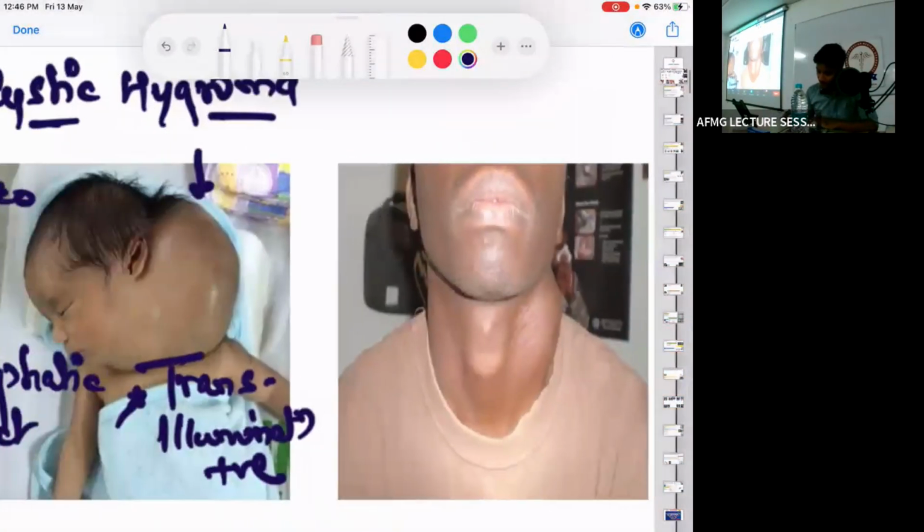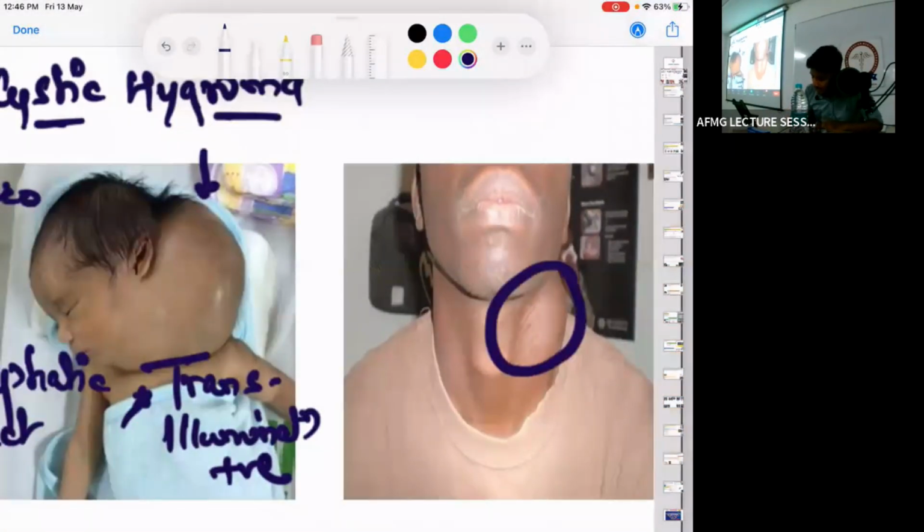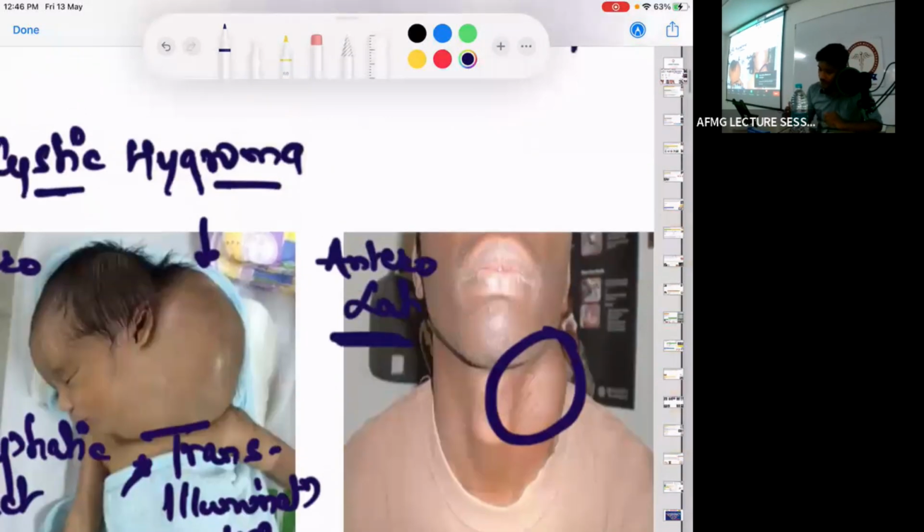Next, if I say this kind of a patient comes to me, but this time the neck swelling is not posterolateral, rather it is anterolateral. Anterolateral means on the anterior border of the sternocleidomastoid muscle. So anterolateral neck swelling is suggestive of